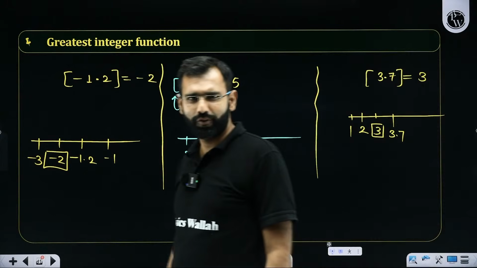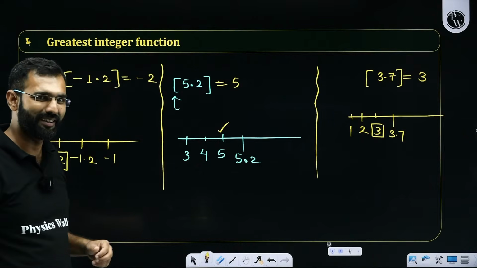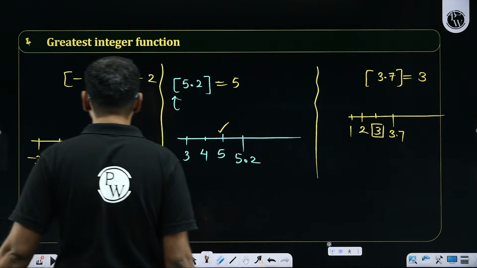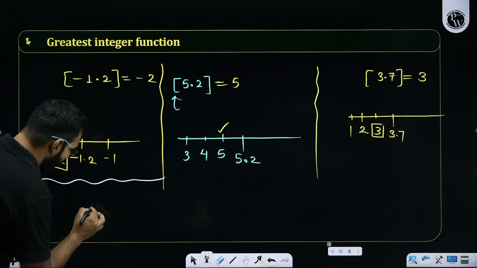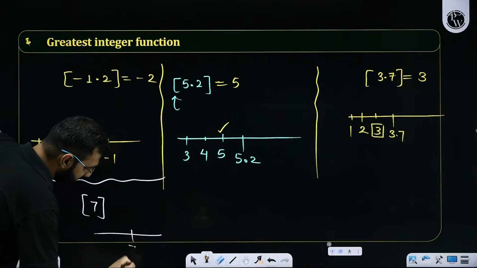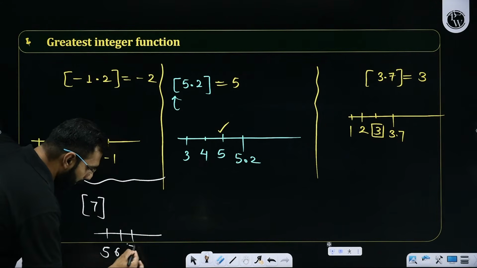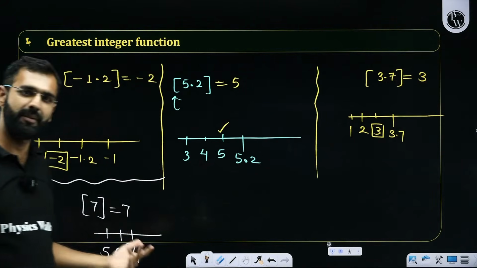Good. What is the GIF of 3 now? Absolutely 3. Indeed, that's true. Good. Keep it up. Now, if I move ahead with a few more conclusions, can somebody help me with the GIF of, let's say, 7? Again, can you help me in locating 7? All the integers which are less than or equal to 7 are 5, 6, 7. Among them, which is the greatest? Sir, 7. So GIF of 7 will be 7.